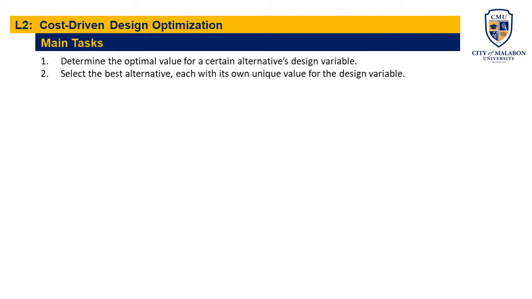For example, in number one, what velocity of an aircraft minimizes the total annual costs of owning and operating the aircraft? Next, for the second task, for example, what insulation thickness is best for a home in Virginia? Is it R11, R19, R30, or R38? So in general,